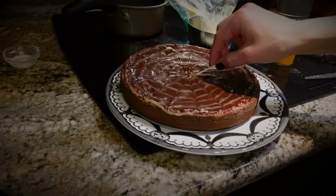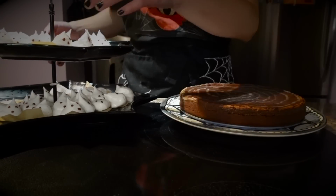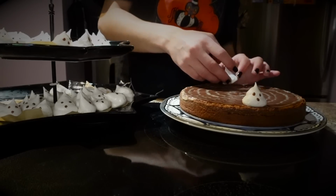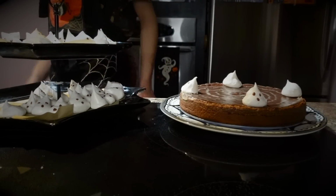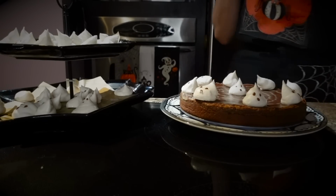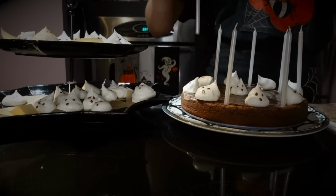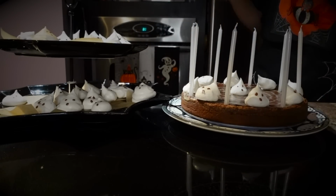So I'm going ahead and setting on my little ghosties, and I found that since I left them out for a little bit, they were kind of sticky. It's less of a problem in the fridge, but out, they got a little bit sticky, which was a bit of a struggle to set them on. But regardless, I got them all set up on there with their little faces facing out and one in the center, plus these kind of opalescent candles that I found at the dollar store. And then I just sprinkled a couple of little silver star sprinkles in front of the main ghost,